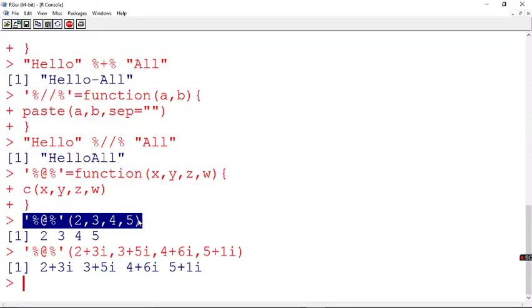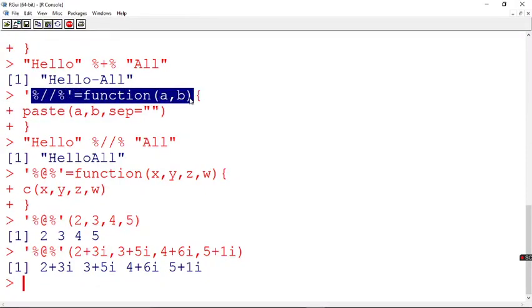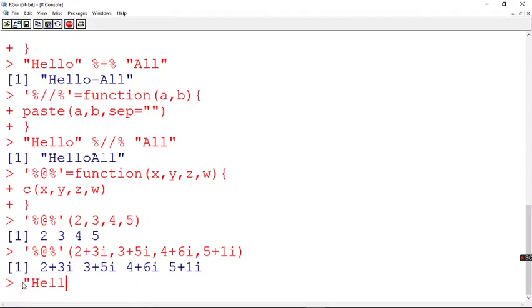So like that you can call. Fine. So this is allowed. And also, apart from this, if you have created a function with only 2 operators, for example, see this paste, which was created only with 2 operators, now if I want to go for concatenating 3 strings, that is possible. So how do I do it? Suppose I say hello, and what was the operator for concatenating?